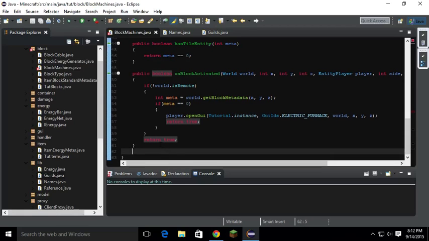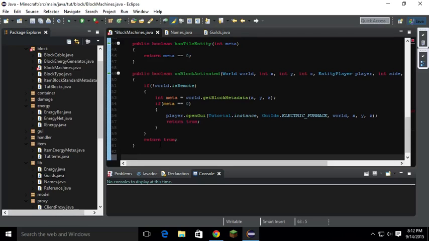So let's do public void get subblocks, and oops, get subblocks item, comma, creative tabs, creative tab, list,